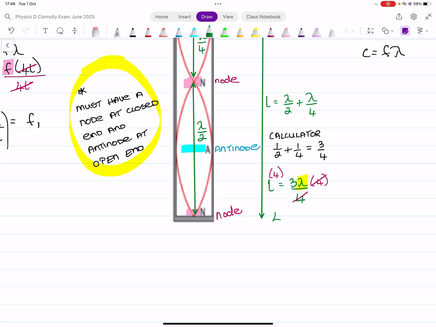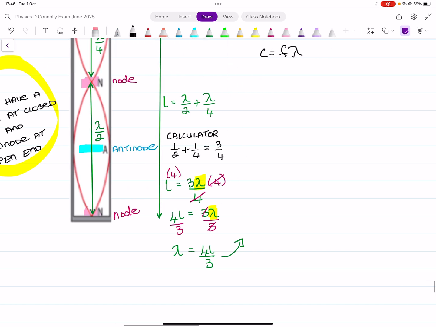So then I have 4L equals 3 lambda. And then I want to isolate my lambda, so I'm going to divide by 3, divide by 3. So I get lambda is 4L over 3. Now I'm going to sub that in there for lambda. So I get C equals F